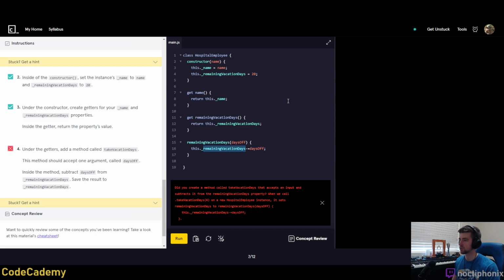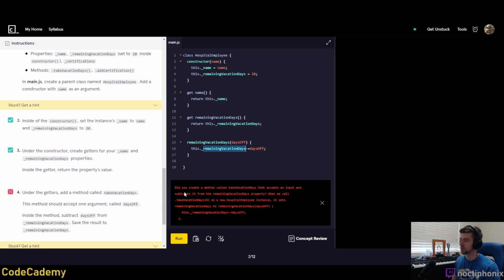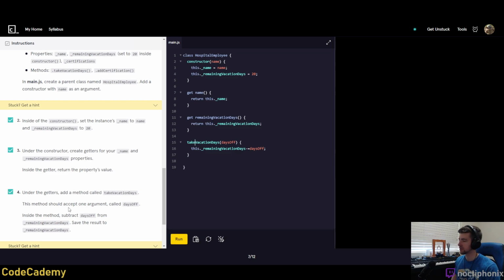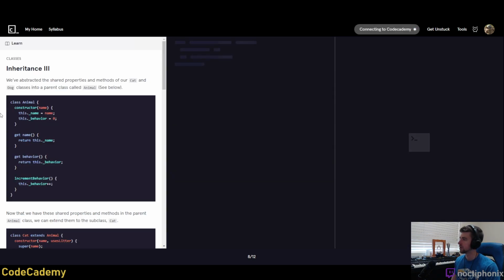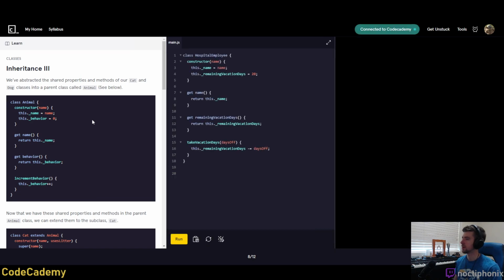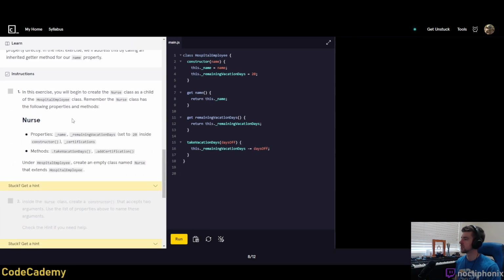The syntax looks okay. Let's check this again. Yeah, there's a typo in the reference there. It's dot underscore. So did you create a method called take vacation days? Oh, take vacation days, not remaining. They want this one to be named take. There we go. All right, so we have our parent class set up, and now we will begin with the